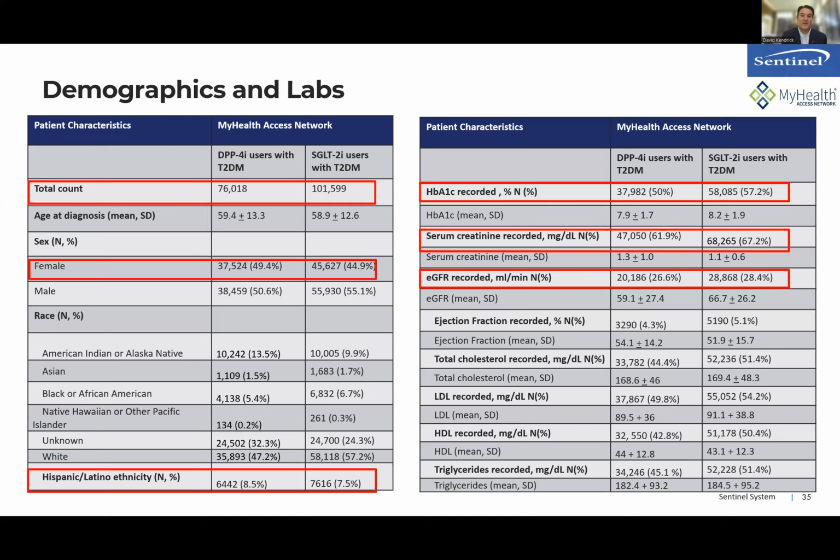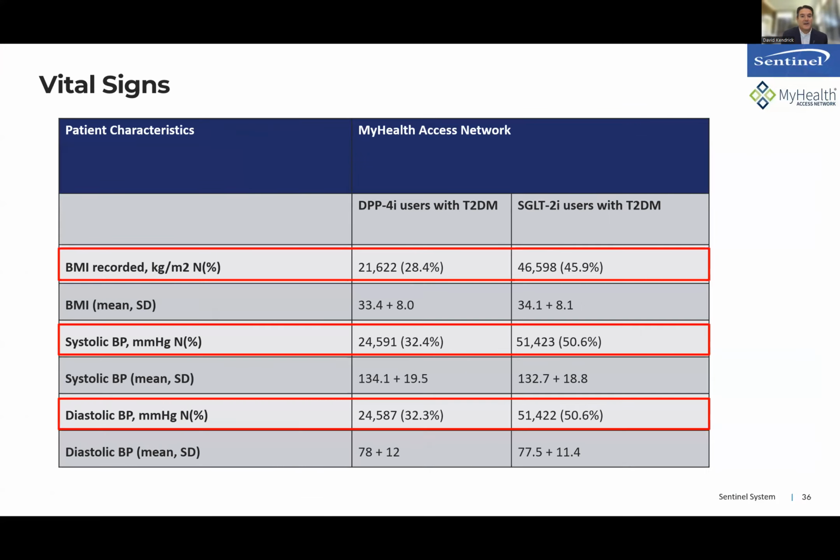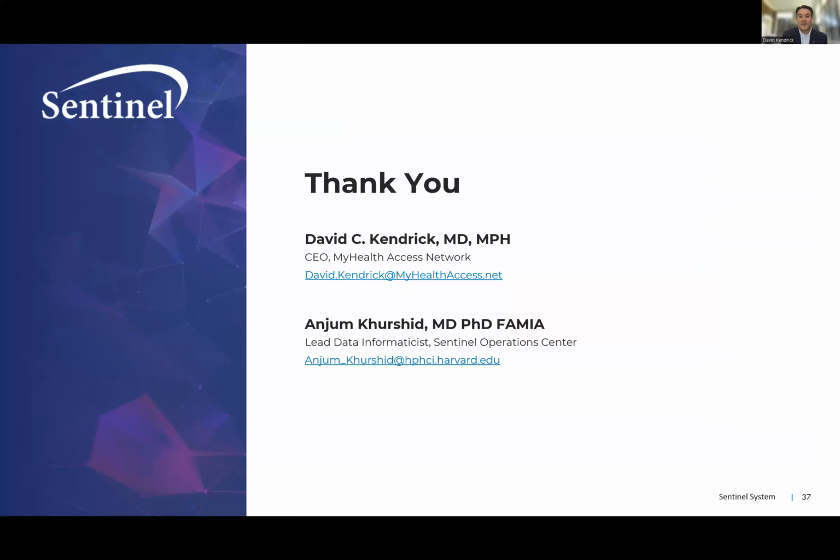You can see here serum creatinines, more than 60% of the population, pretty reliably. Hemoglobin A1Cs, EGFRs, of course, race, ethnicity, gender, available on everybody at one point in time or another. You can see a whole host of other data points there. And then, things like BMI, blood pressures, and so forth available in this data set. So with that, I'm going to wrap it up, and hopefully we have time for questions, and we can scroll back through or forward through slides as needed.